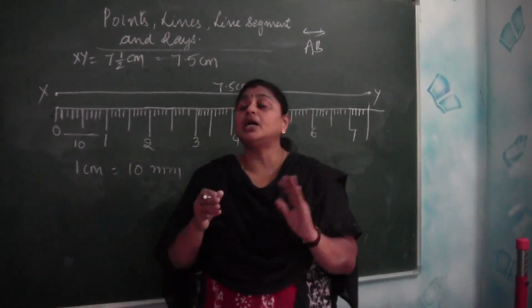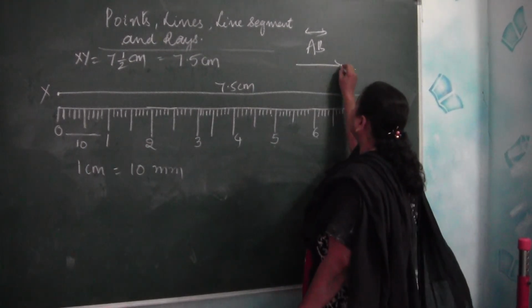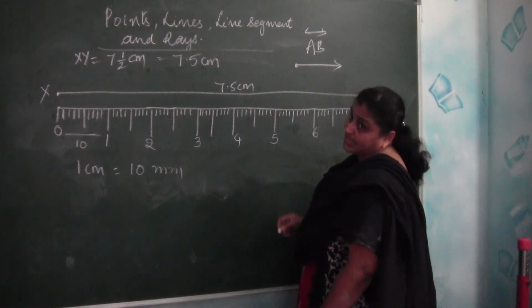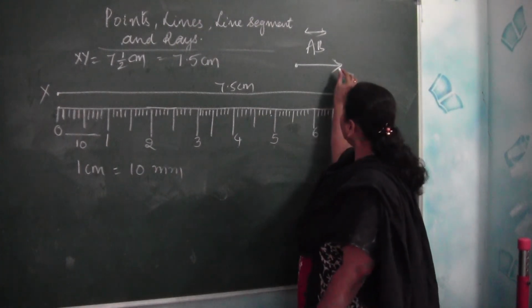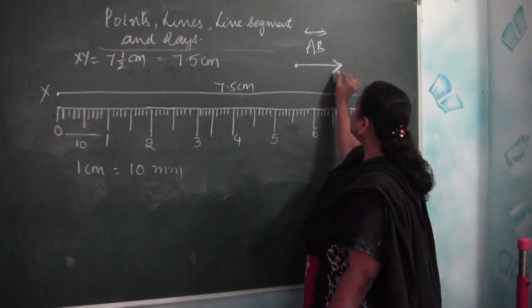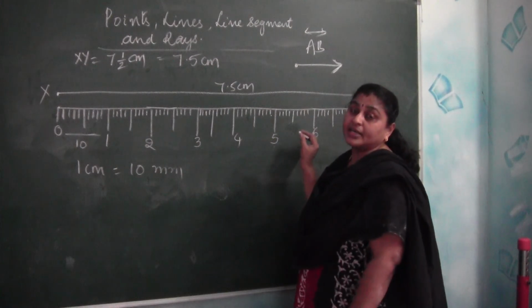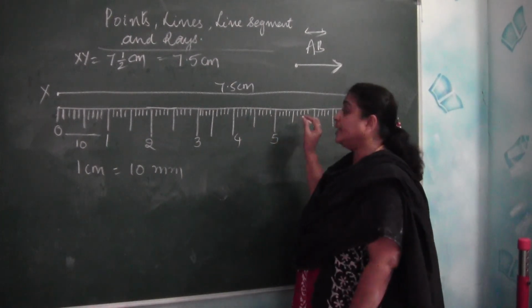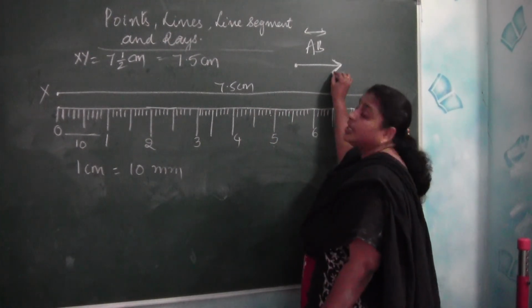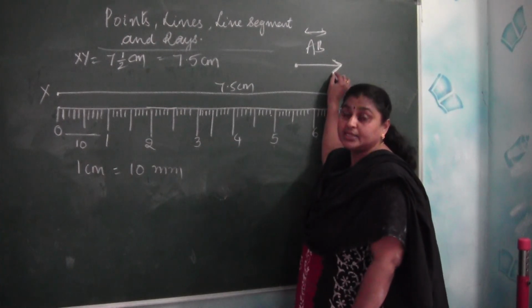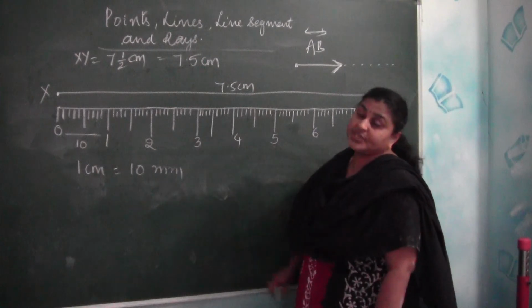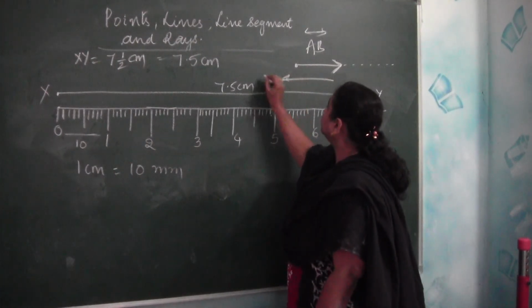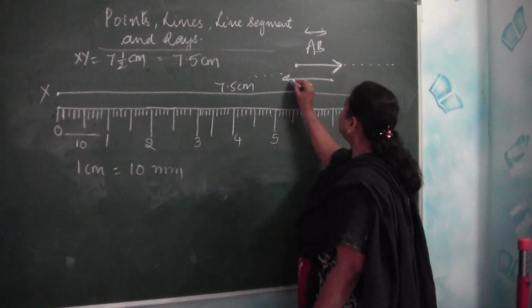And ray. Ray is also a part of line. But a ray has starting point but it has no ending point. Instead, the other side of the ray they are marking with an arrow. It means in which direction the arrow is being marked, in that direction itself we can increase the length of the ray. Got it, children? So in which direction the arrow mark